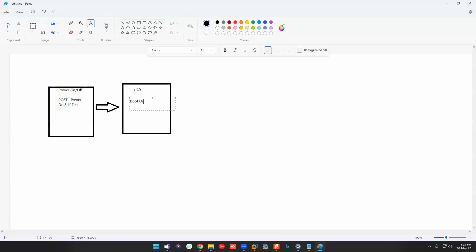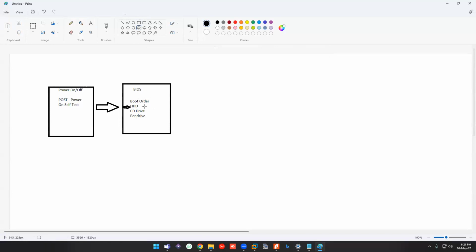So what is the boot order? As I told, you will have a hard disk, let's say a CD drive, and a pen drive, or removable disk. It needs to boot to either one, whichever has a bootable disk. Let's say your hard disk is a bootable one, and the remaining ones you didn't plug in, or they are plugged in but you don't want them booted first, right? That is how the boot priority works.